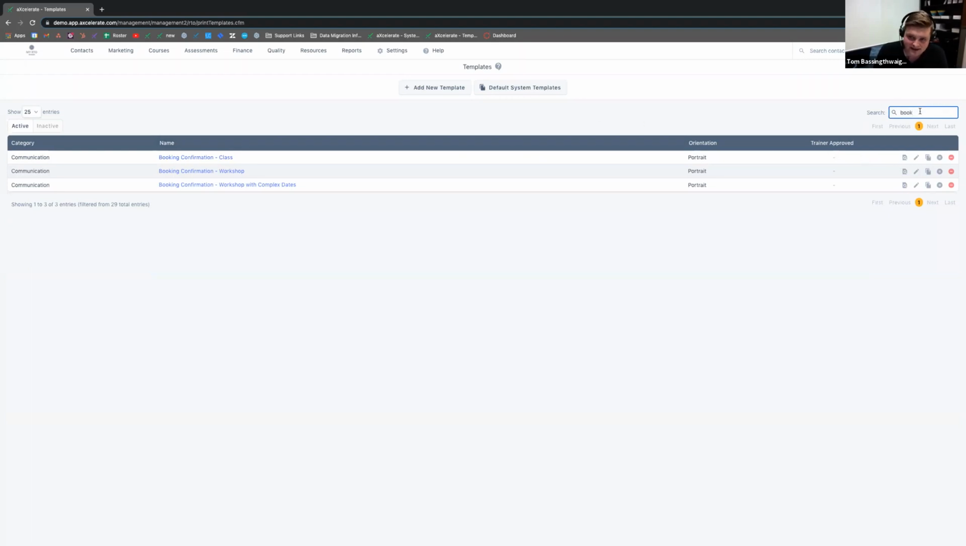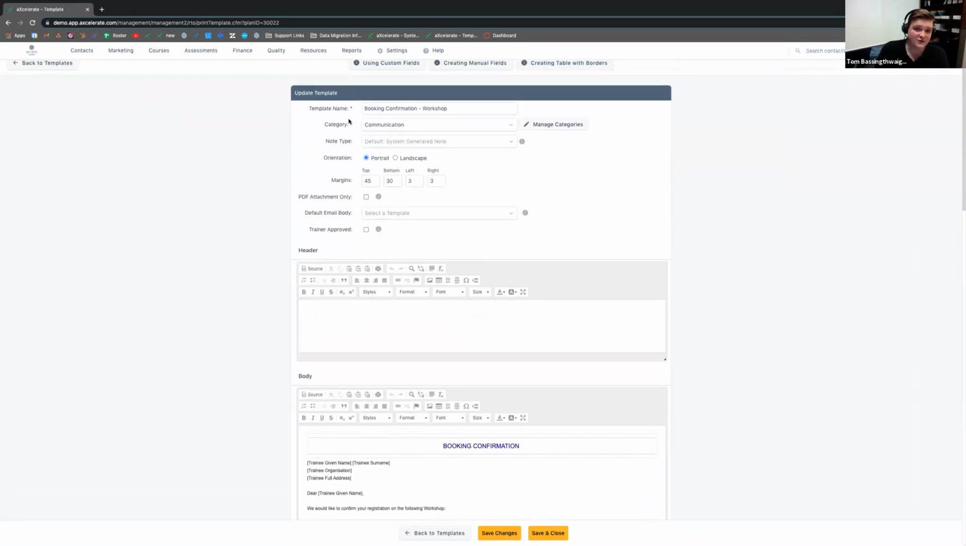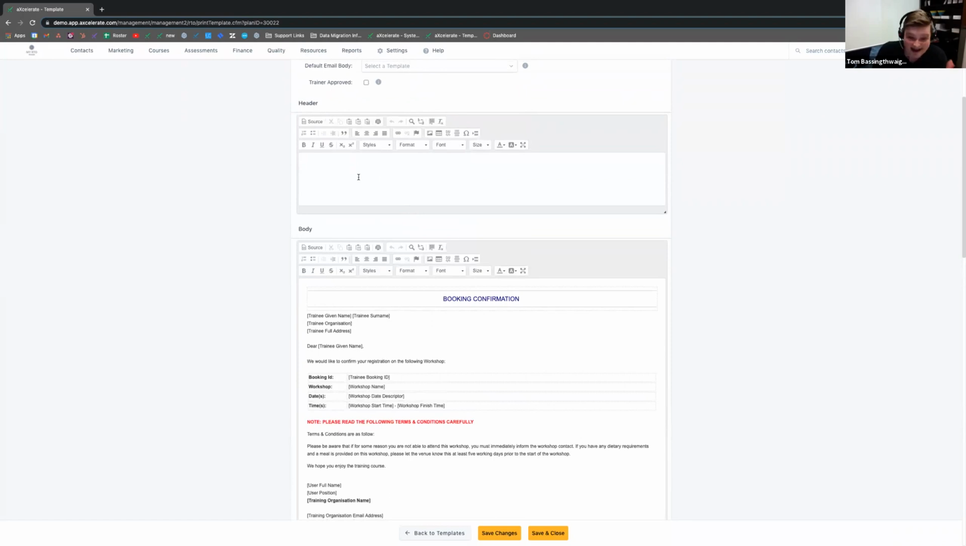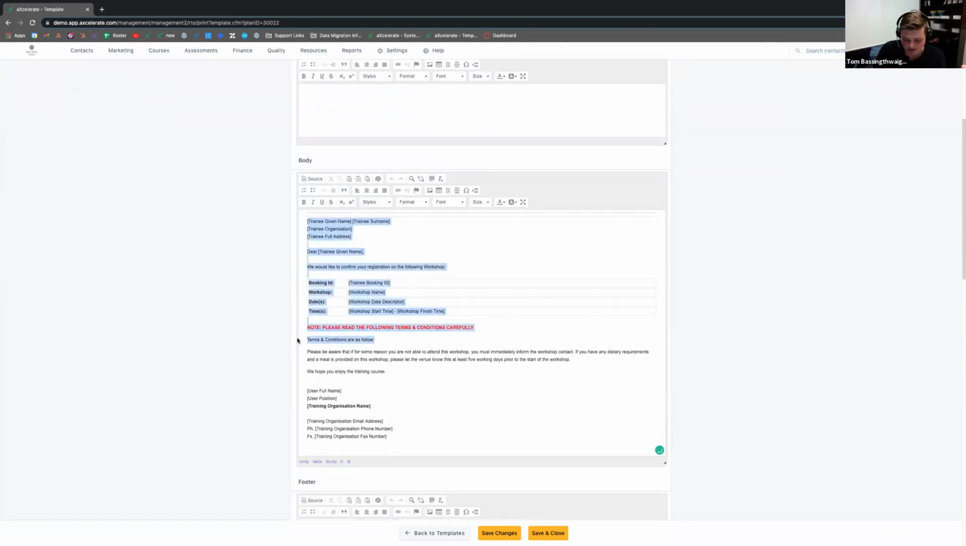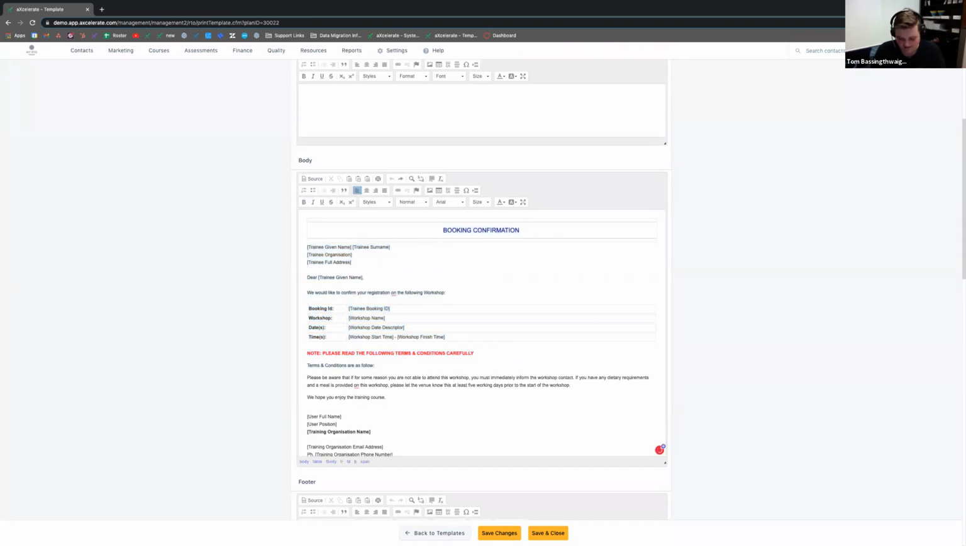So I've typed in book so I can find our booking confirmation for workshops, and I'm going to click on edit on the side here. This then brings me straight through to a screen where I can choose whether it's portrait or landscape, update the margins, enter the text, enter a heading, and so on and so forth. I have complete control over what appears in here. Could delete all of it if I wanted to. Could add a smiley face in here if I wanted to. And down the bottom,